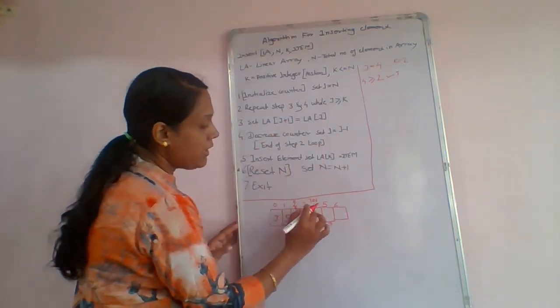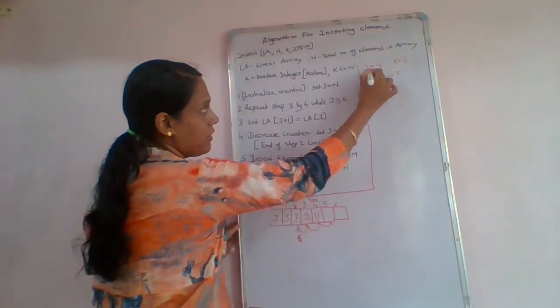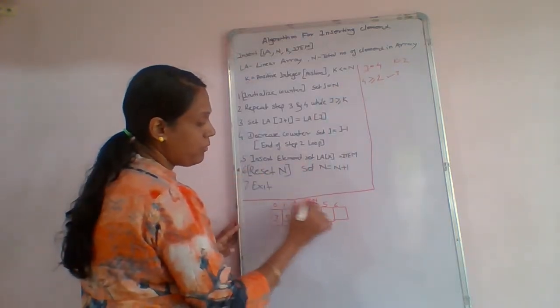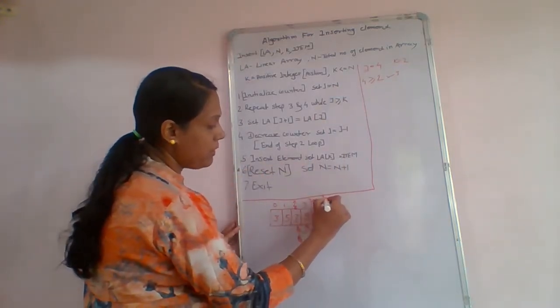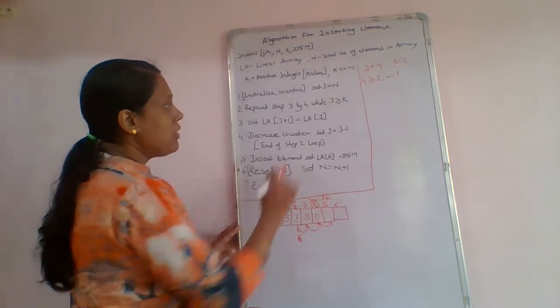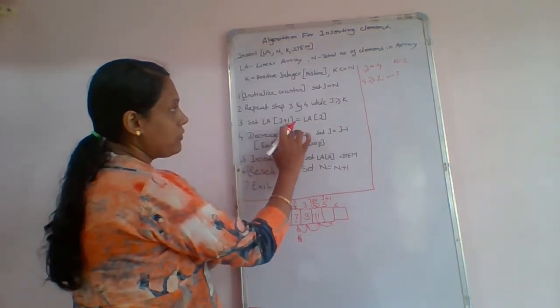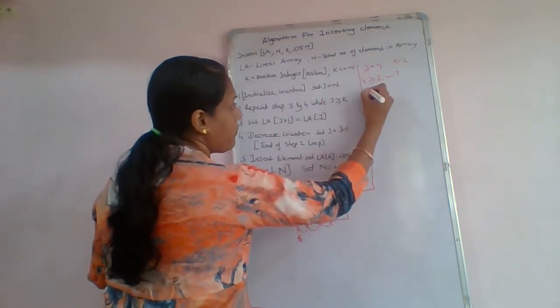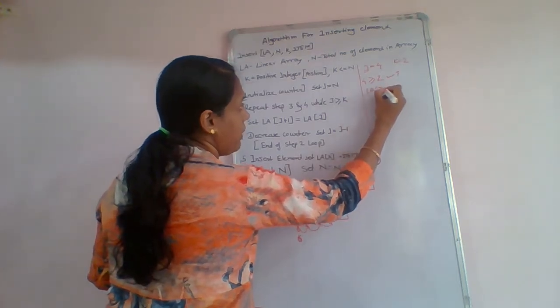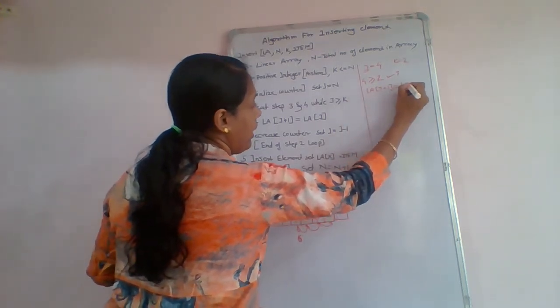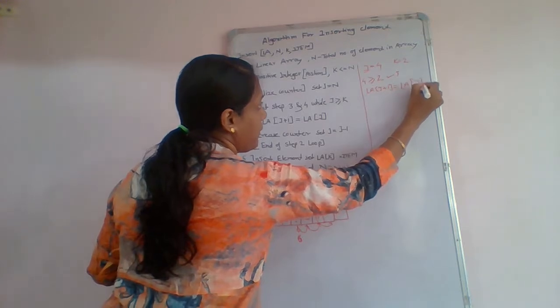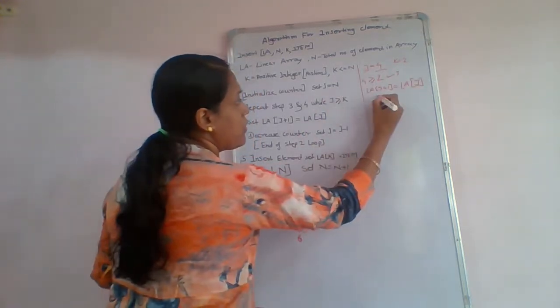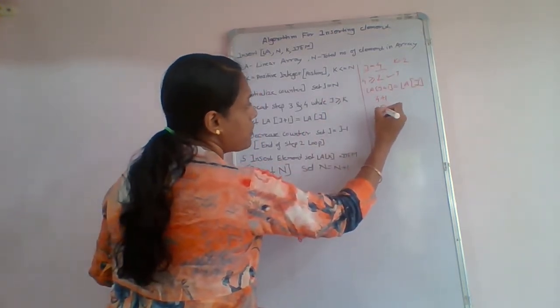Now our j is at location 4, as here. So this is our fourth location and this is the j plus 1 location. So what is j plus 1? What is our j? The statement is j plus 1 equals LA of j. Now our j is 4, so 4 plus 1 is equal to 5.